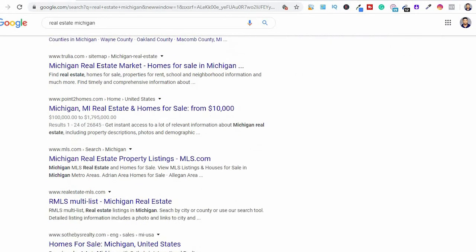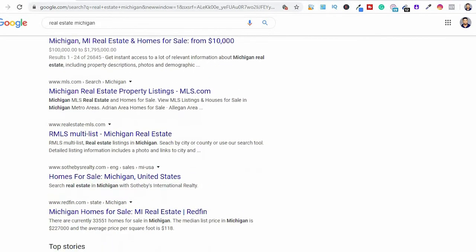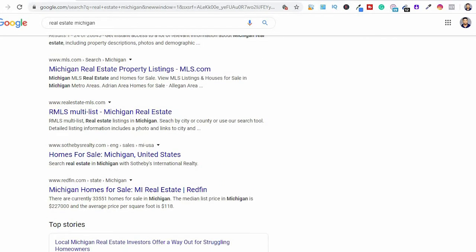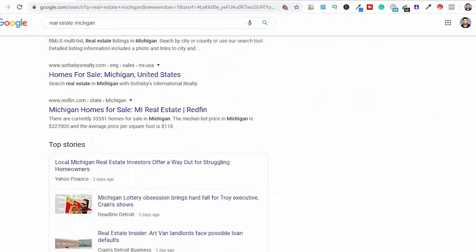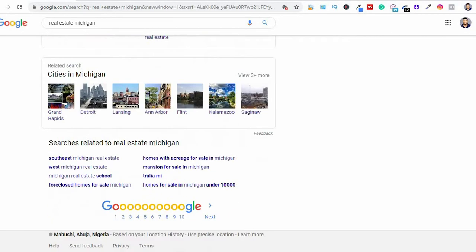And with real estate, when they can make one sale, it's actually a high ticket product, because when a real estate agent or a real estate company makes one sale, it means a lot of money to them, or they can make a lot of money from just one lead. So you want to help them get to the first page of Google by selling them SEO services.